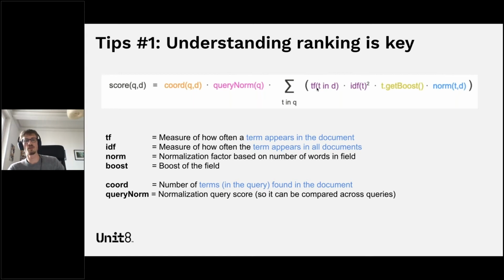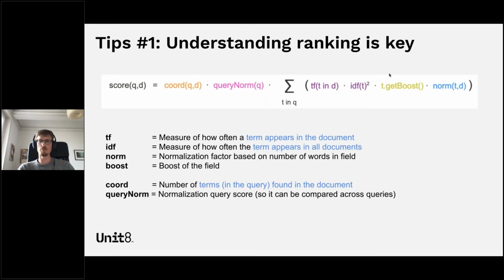And here, there are different aspects. The first one is what is called the term frequency, which counts how many times a given word appears in the document. So if a word appears many times, then the document will rank higher. That's very intuitive. We have this IDF, which is this inverse document frequency. So that's going to look at how often a word appears in all documents. So if a word only appears in one document, this will be very large because it's a very rare word. So matching this rare word is quite uncommon. So this contributes a lot to the score.